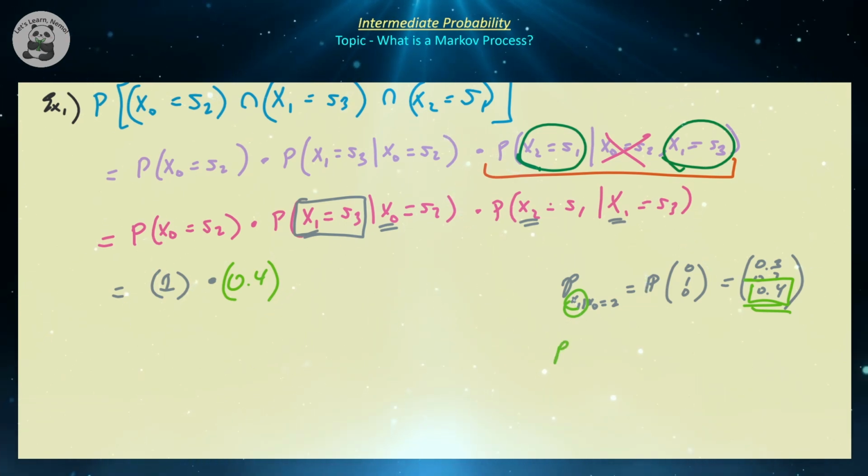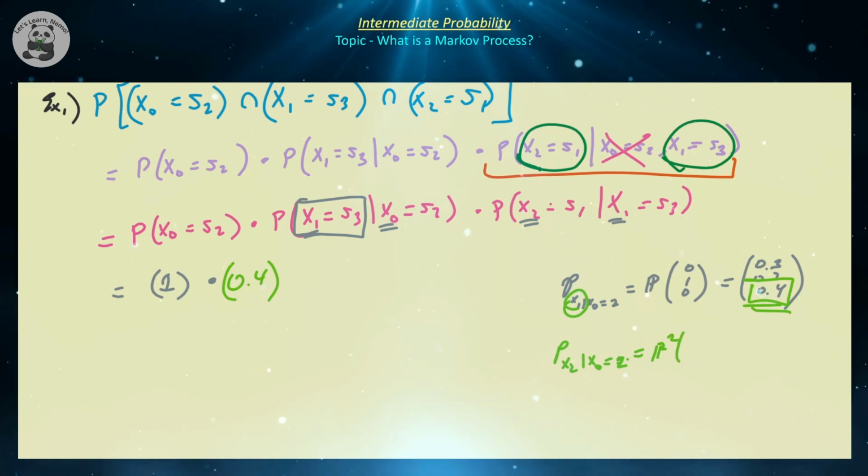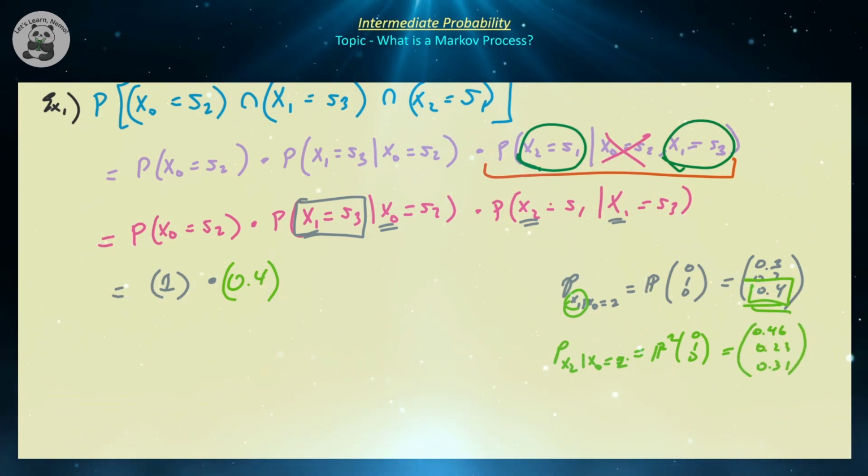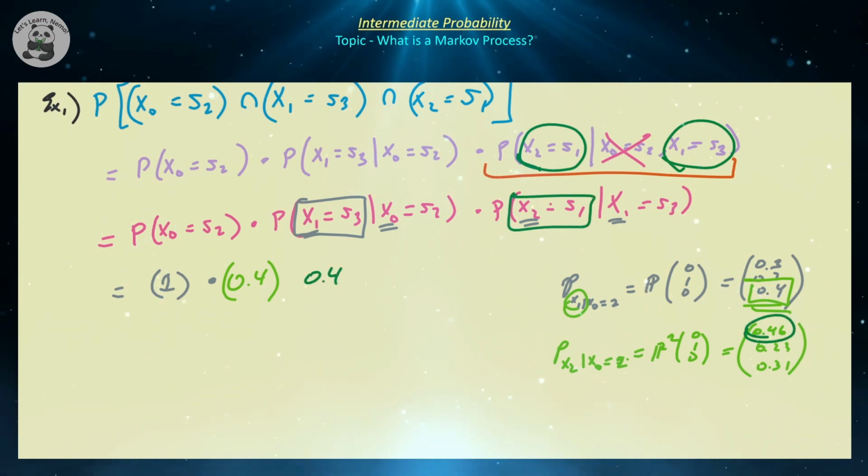And the probability distribution for x2, given that x0 was equal to state 2, was equal to p squared times 0, 1, 0. And that came out to approximately 0.46, 0.23, and 0.31. So what's the probability of getting state 1 in that process? That's obviously going to be 0.46, and those are going to be my associated probabilities. So once I multiply those out, assuming that I didn't do anything crazy, you should get something approximately equal to